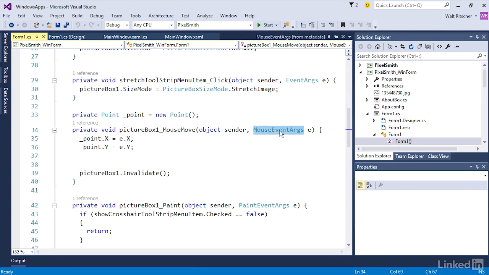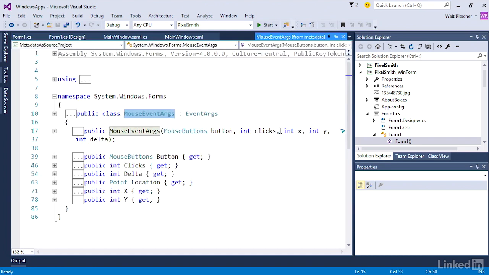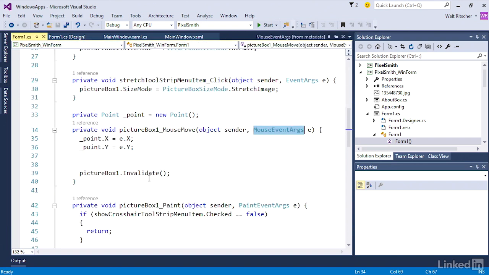It's a different class. If I press F12, you'll see it's not quite the same class that we had when I was in WPF. This one has an X and Y coordinates. I don't have to call the get position method. It also has something called clicks, which represents the number of clicks that I've clicked on the mouse button. So what I'm doing here is gathering up that information, storing it in this class level variable,